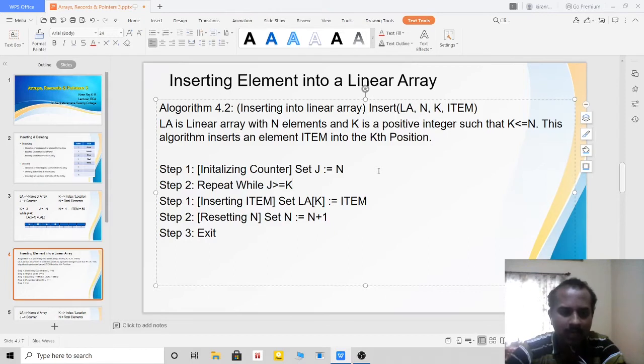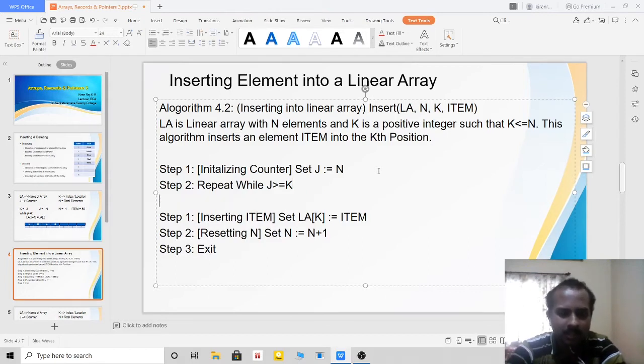Repeat, while j is greater than or equal to k. I already mentioned why it is done. J cannot be lesser than k value because I am only changing the values till the k value, and I need not change the elements that are present below the k value. So I am just making repeat while j is greater than or equal to k.